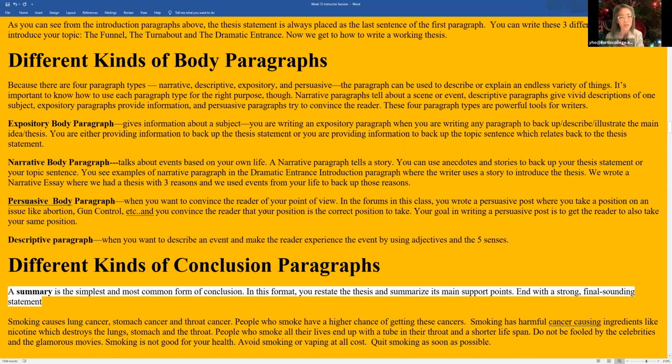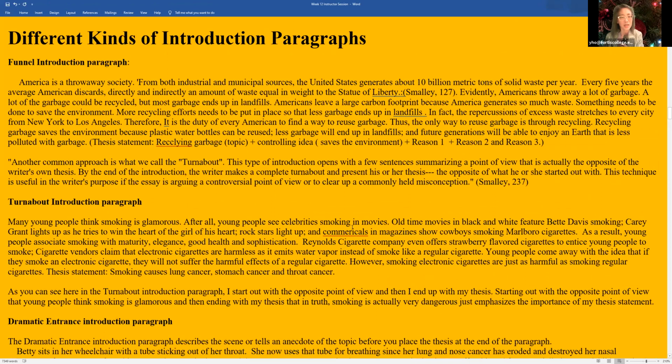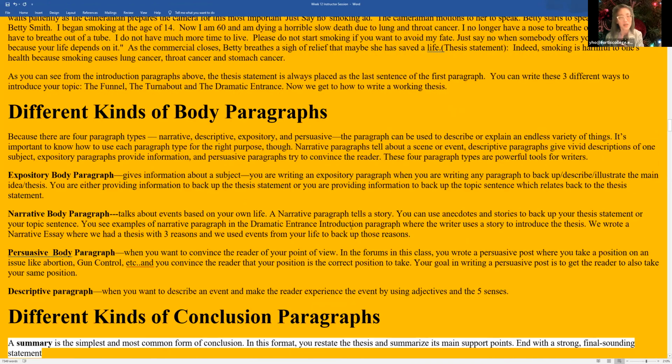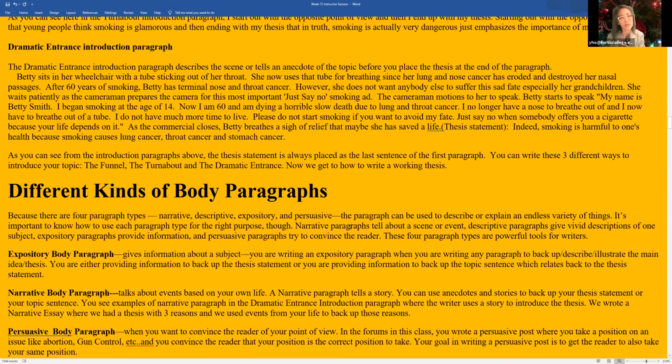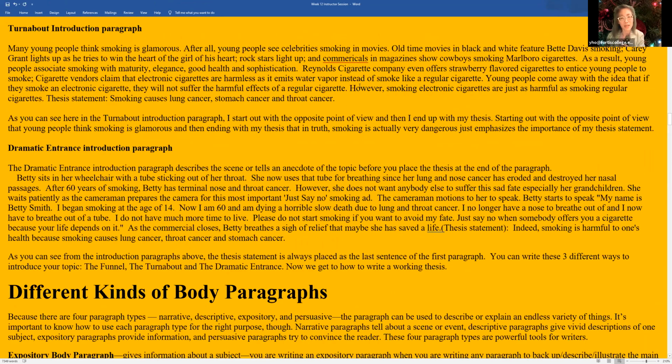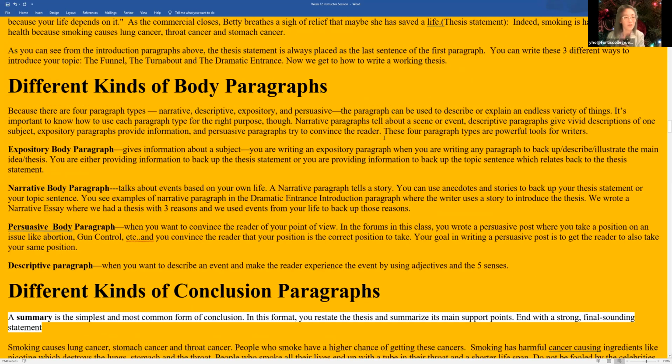Once you learn what each type is, then it's the same thing with this. You can mix and match all the different essay types. But first you have to learn what each essay type is. And eventually what you'll do is you'll even learn to put your thesis statement not at the end of your first paragraph, but at the beginning of your second paragraph, or even at the very end of your essay. Okay, not in this class, but if you were taking a more advanced class, a creative writing class, they will teach you how to put the thesis statement in different parts of the essay. So that goes beyond the realm of this lecture.